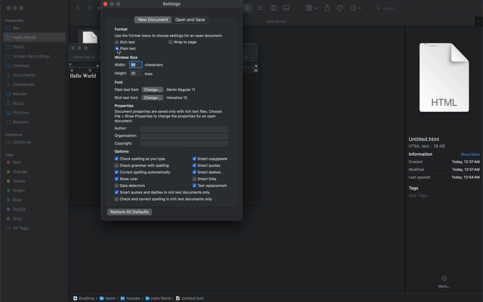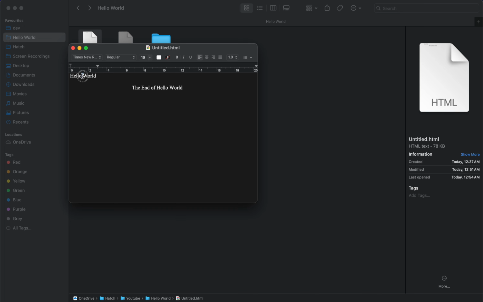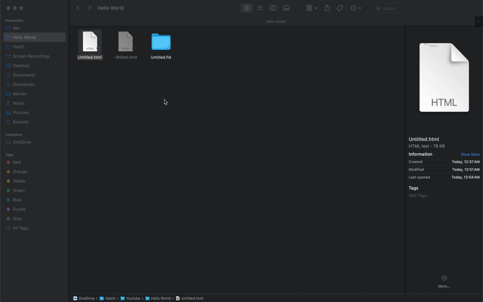So here you have a rich text and a plain text. So when you do rich text, it will also save with font and other information that is required to present a document. When you do plain text, it will just have the alphabets, numbers, and the special characters. It won't save any font information and all that. So that is the difference between an IDE and other editors like Microsoft Word or